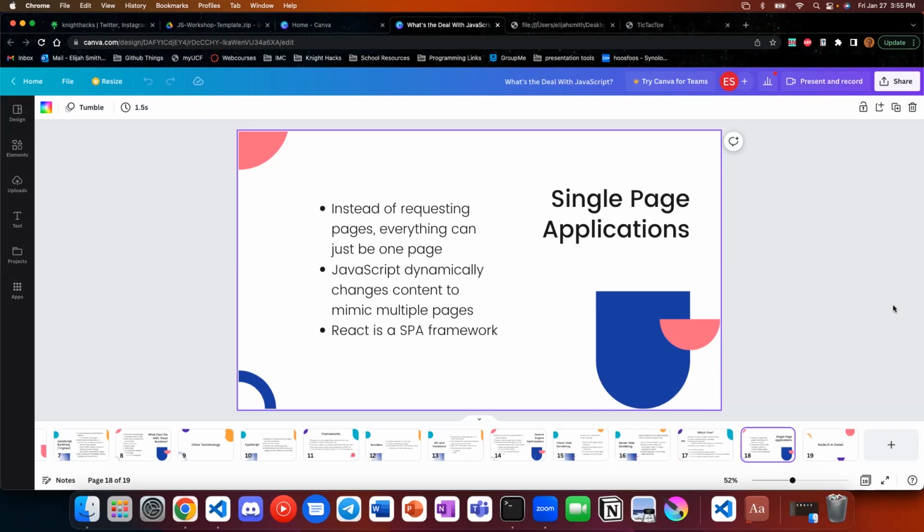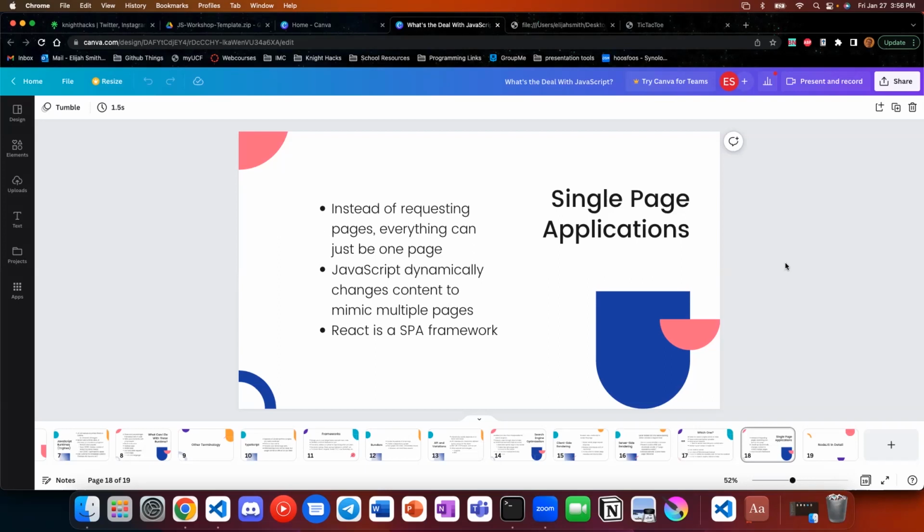So the only thing that's changing is JavaScript moving around elements to simulate different kinds of pages, which helps because you don't have to send another request to the server. And if you have a poor connection, once you have the thing, you have it all and you can go ahead and keep using it. There's pros and cons to this, as always. You'll learn very quickly that computer science is just weighing pros and cons over and over again. But this is how something like React works, whereas there are other frameworks like Next, which use a lot more server-side rendering. Again, it depends on what you're making, what you want it to be architected as.